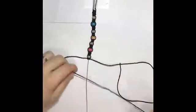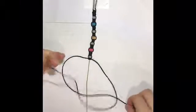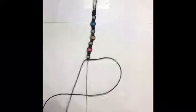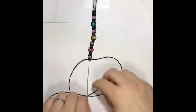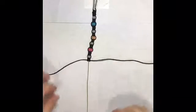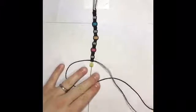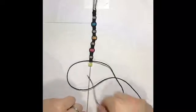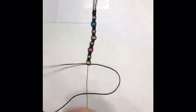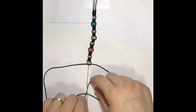Triangle on the left, cord over the top on the right, tighten. Triangle on the right, cord on the top of the left, underneath through the triangle, tighten. All right, pull up the next bead, triangle on the left, cord on the right, tuck in underneath, tighten. Triangle on the right, cord over the left, tuck underneath through the triangle,